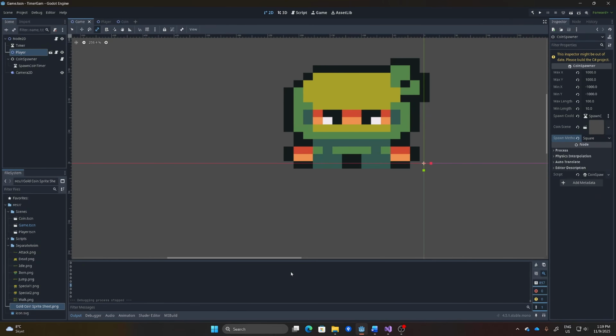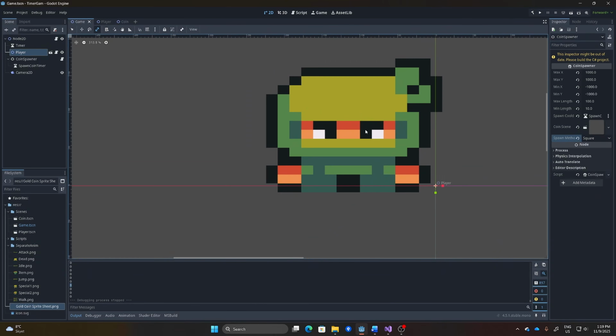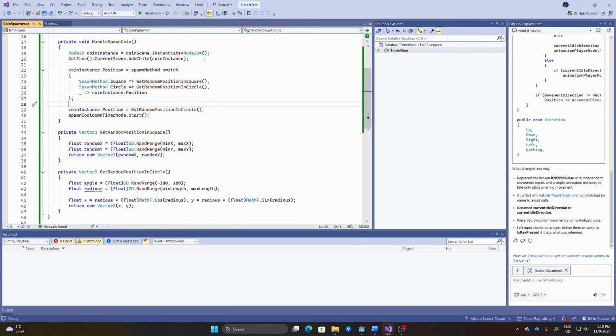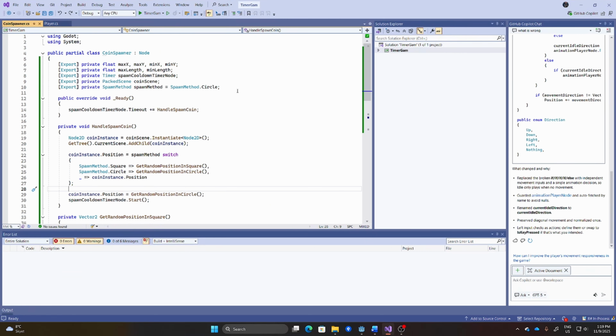So now let's go in and create a bool to make it spawn according to where the player is. So if you go into your script again, you can create a bool up here and export it.